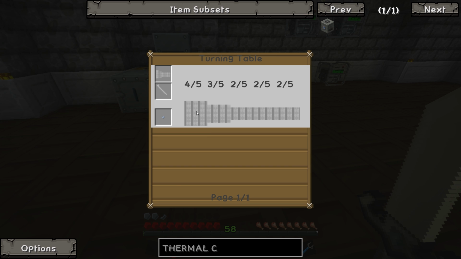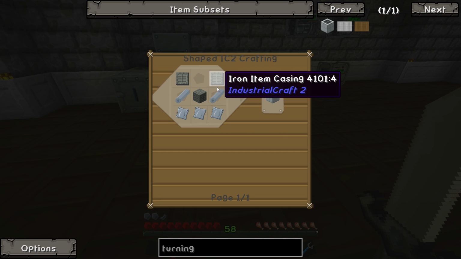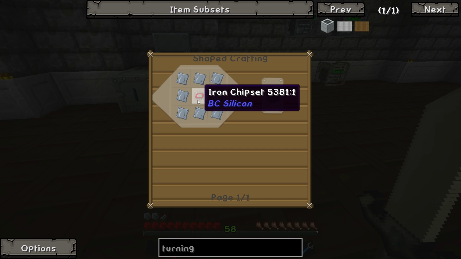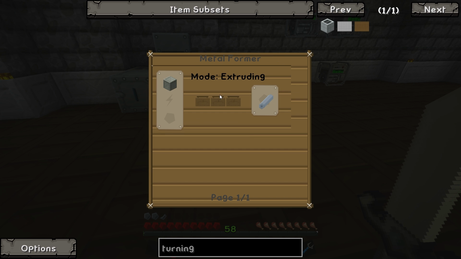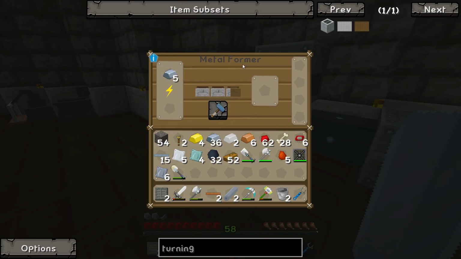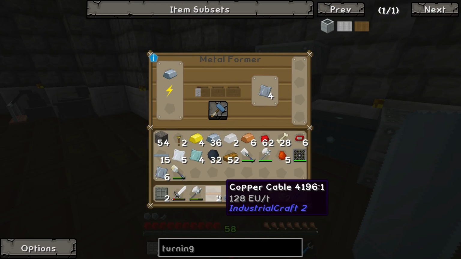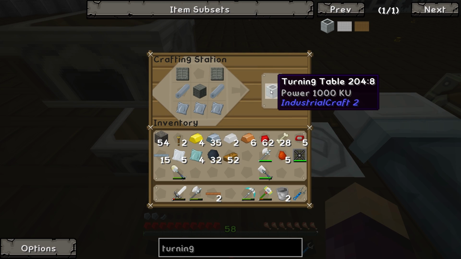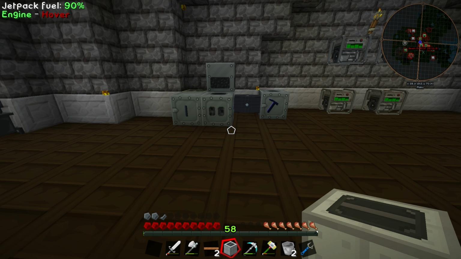So to make this, we need a few things. First of all, we need a turning table. That's this guy over here. And to make this, we need, first of all, a ton of iron. We need 2 of these iron casing, 3 iron plates, 1 basic machine frame, as well as 2 of these iron shafts, which are blocks of iron through the metal former. Once we have all of that stuff, we can make ourselves a turning table, but unfortunately,